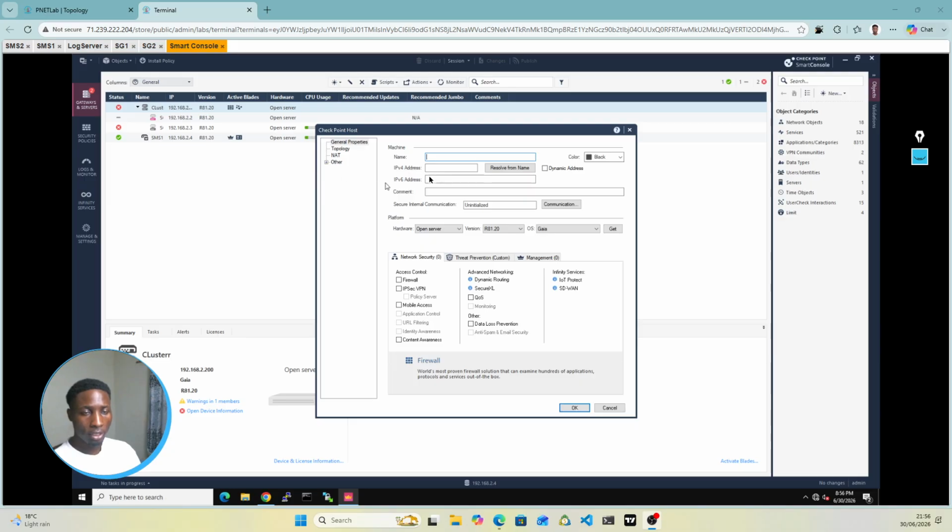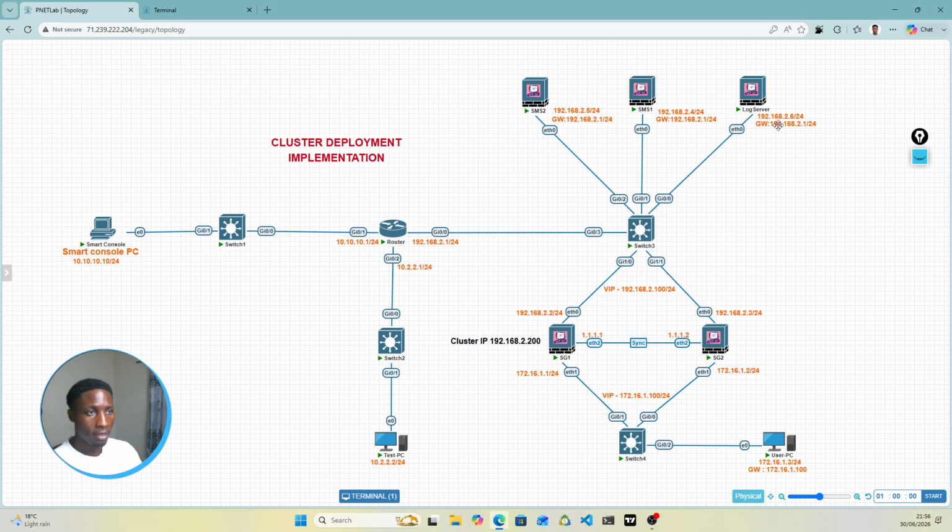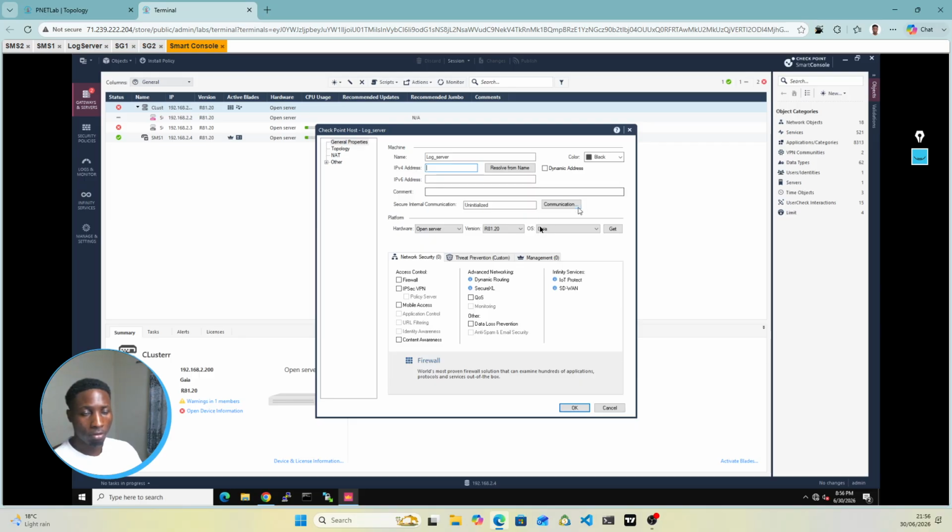Once you click on the checkpoint host, you need to give it a name. I'll just give it the name log server. And put the IP address of the log server, that's 192.168.2.6. So I'll just put it there. And from here, since it's your log server, before you do anything, you need to make sure that you come to management here and you check